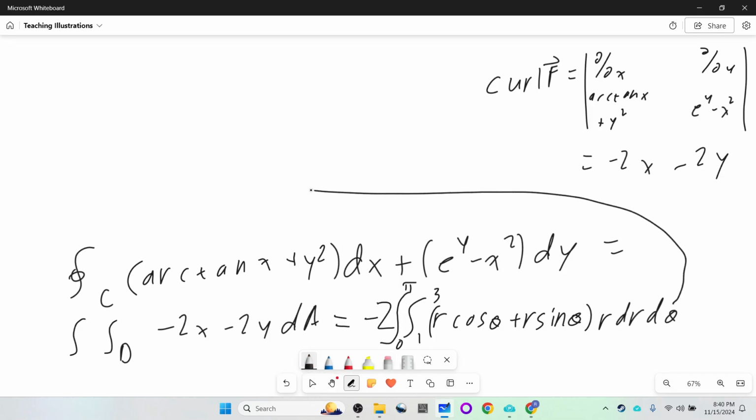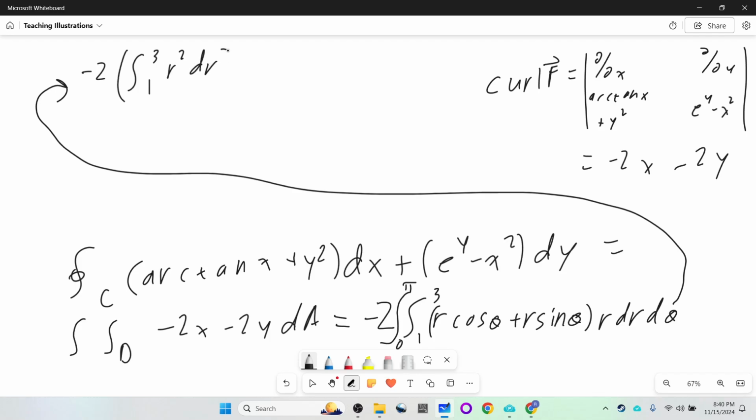So this then becomes -2. And we can factor out the r's, so we will get 1 to 3 of r squared dr. So I'm factoring an r out of here, so that's r squared. And then 0 to pi of cos theta plus sine theta d theta,